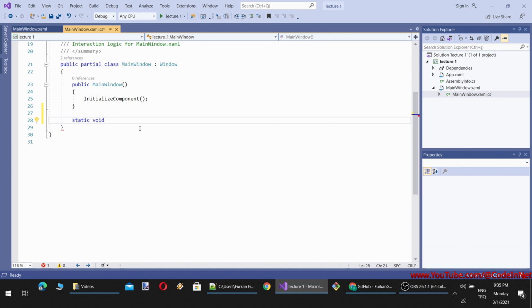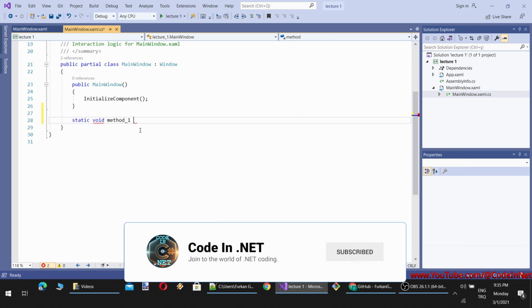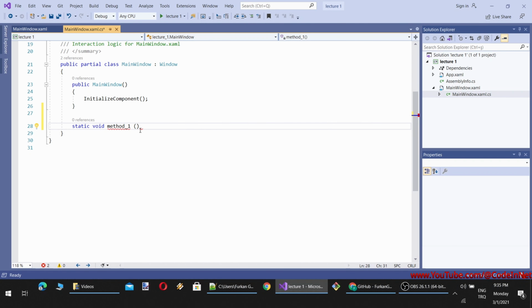Then after we define the return type, we write the name of the method, such as method 1. Then we write the parentheses of the method, and here we define the input parameters. It is also defining the signature of the method, such as int param1, let's say double param2. Then we open and close curly brackets like this. And one more thing there is, it is private or public or protected. So this is a private static method.